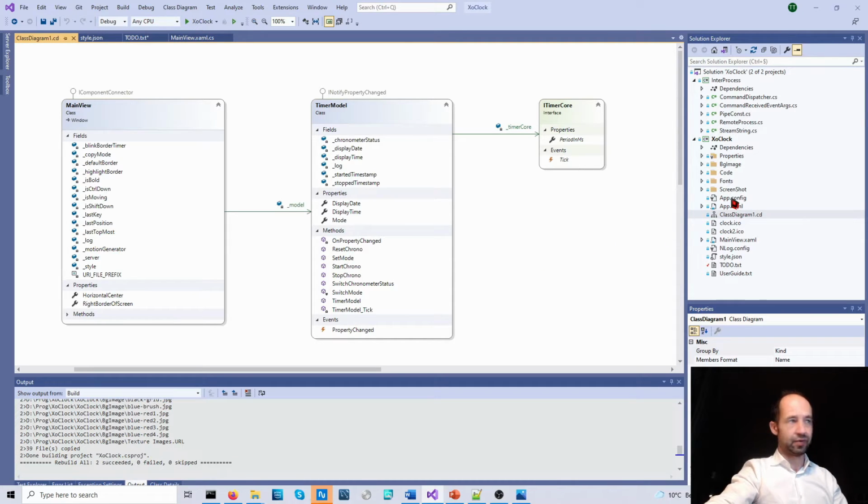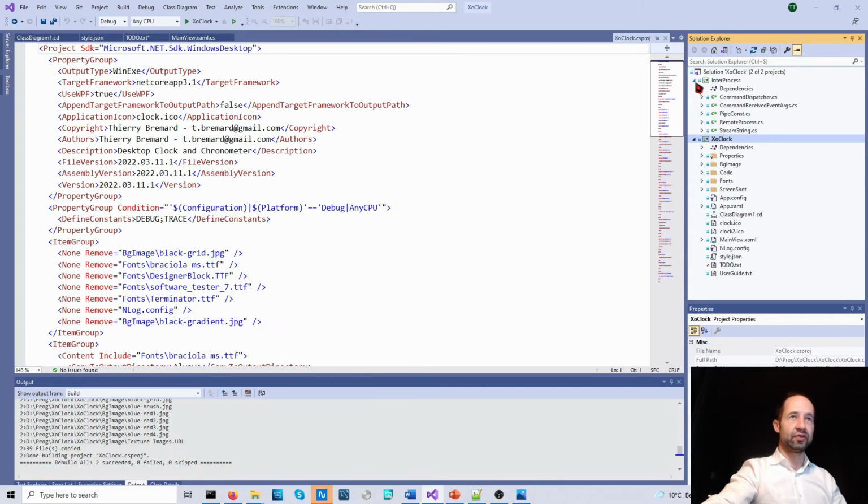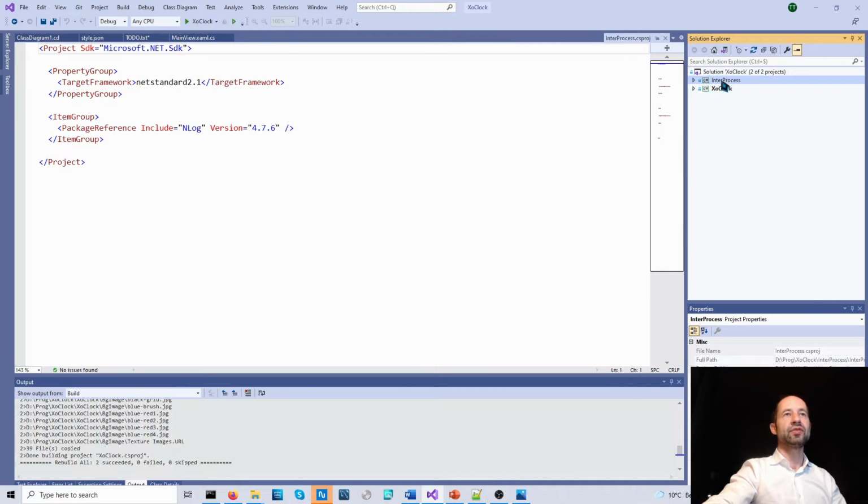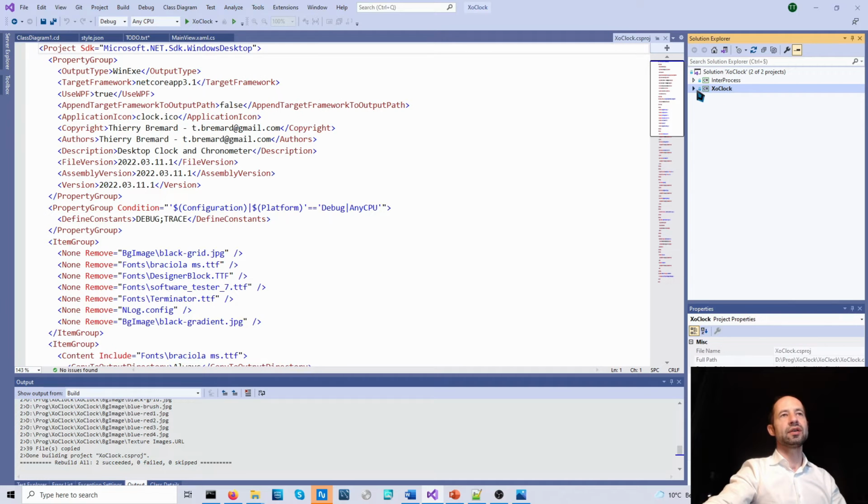I will show how the code is organized. So in the start, you see two projects. One project is a library to make the inter-process communication. We will see this at the very end. The main project of the clock is in this single project.